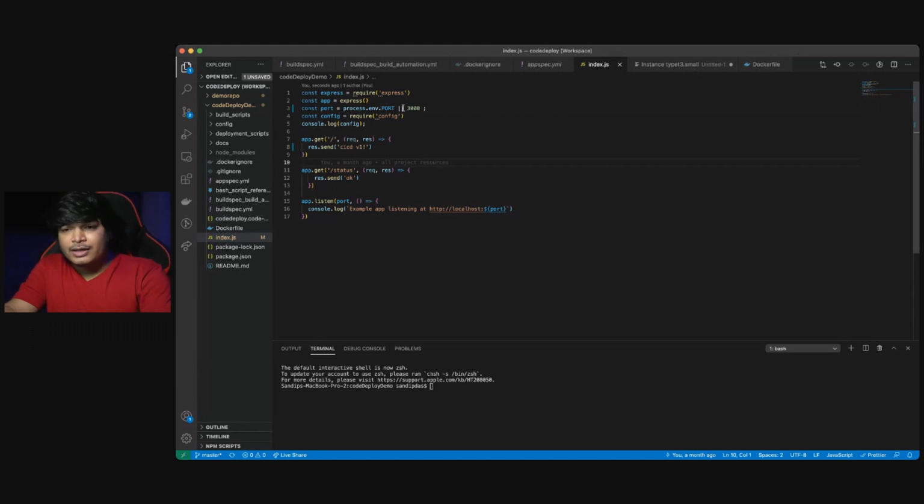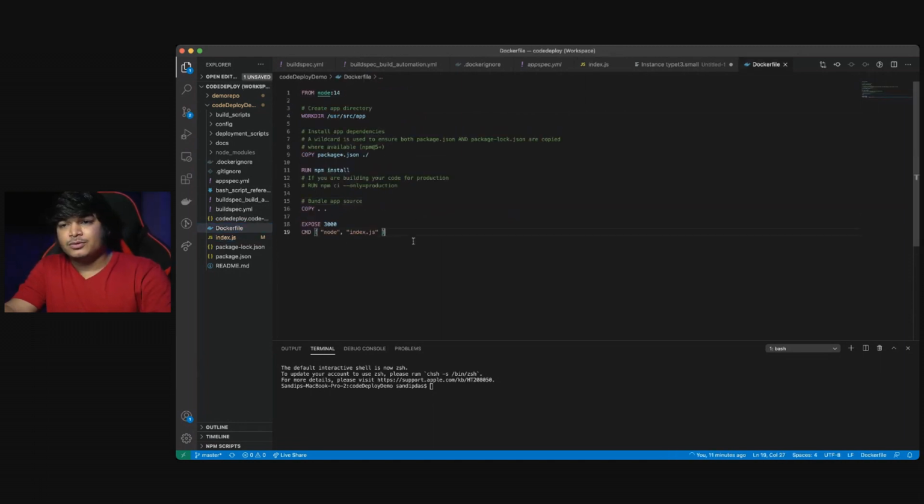And to Dockerize this application, we have a Dockerfile. You might see it here. From the Node.js 14 version image, we are pulling the base image. Then we are making a work directory. Then we are copying the package.json first, both package.json and the package-lock.json file. And then we are installing all the dependencies. Then we are copying all the files, then exposing port 3000. And we are simply starting the Node.js application. That's all it's doing. And using this Dockerfile, we will be creating the Docker image. So let's start.